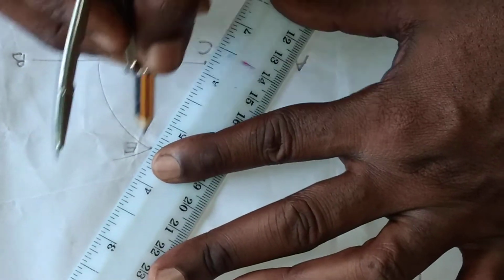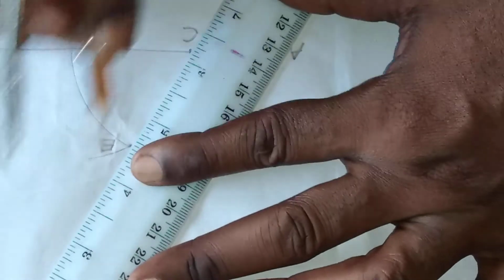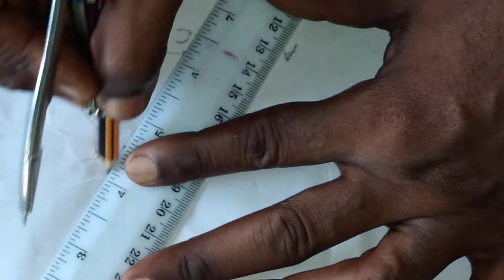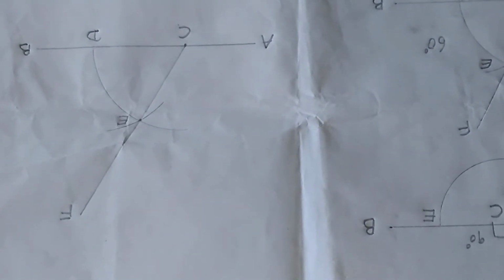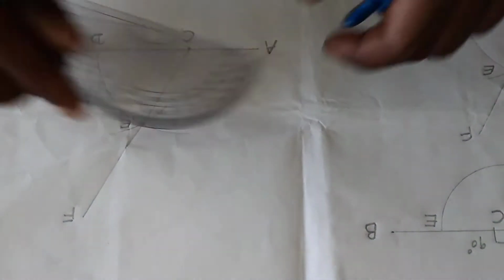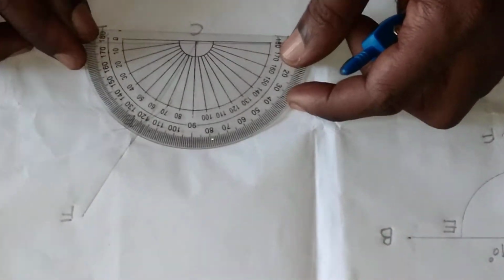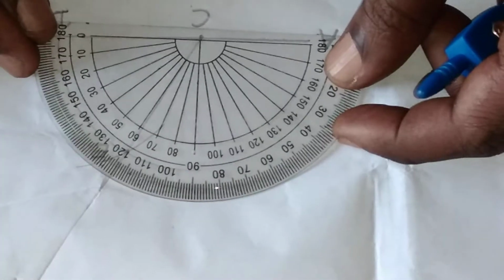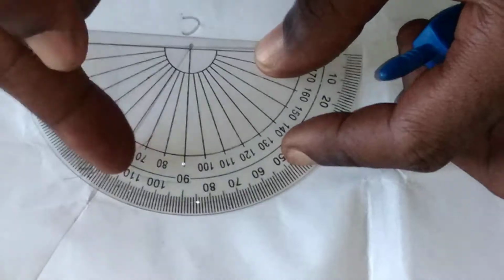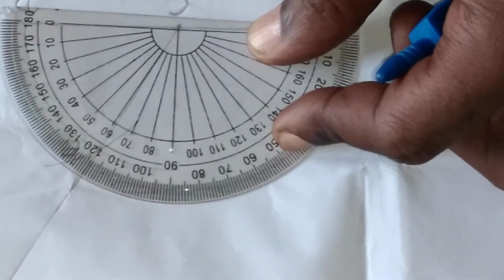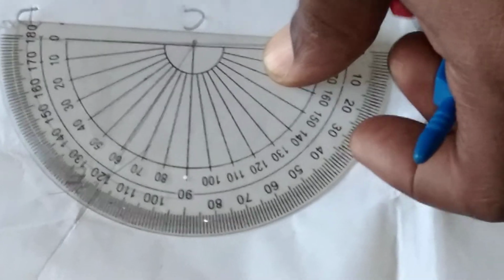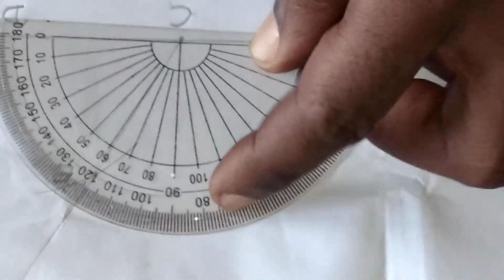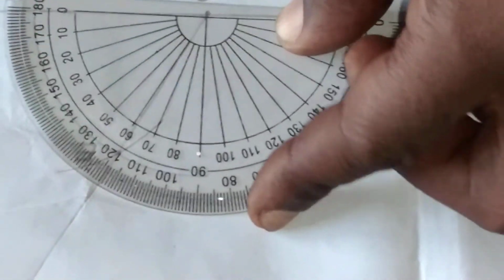Those of you who want to go through it once again, it's an opportunity for you to go through it, a kind of revision for what we've just done. Then indicate at this end of the line as your F. Now these are our 60 degrees. You can see how it is done now. The same line is running through 60 degrees. There's no magic about it. It's just something real. Once you follow the instructions and steps, it gives you the same result. Take it anywhere. So the protractor, you can see, it's still giving us 60 degrees.